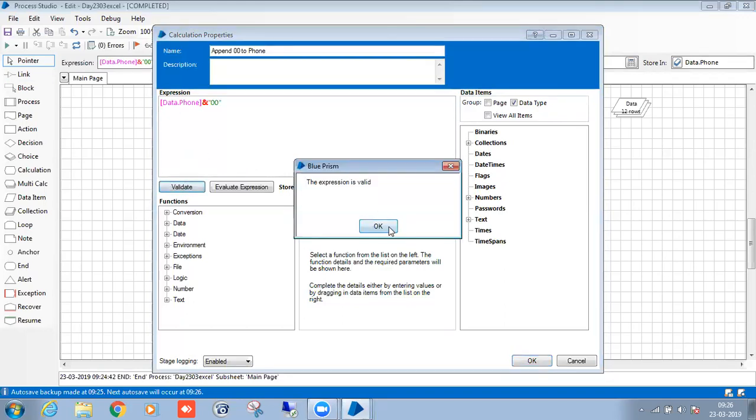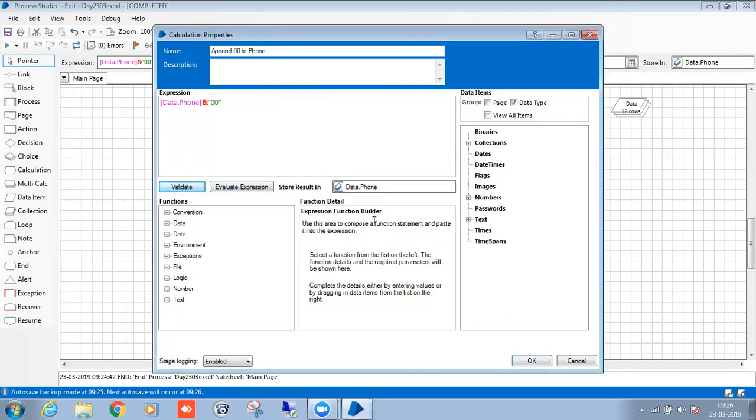See, if you click on valid, you can see that it's a valid expression. So I'm adding to phone, collection dot field name, two zeros, and saving into the same collection dot field name.